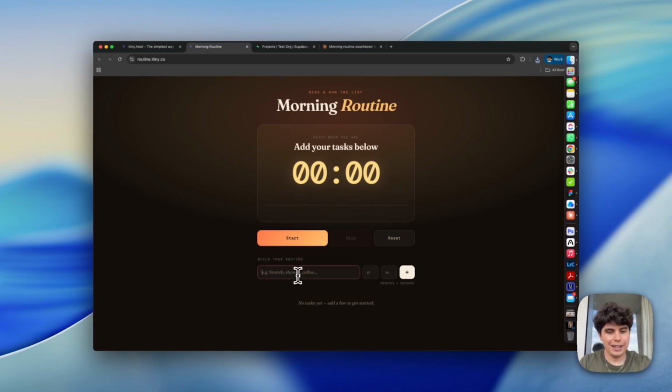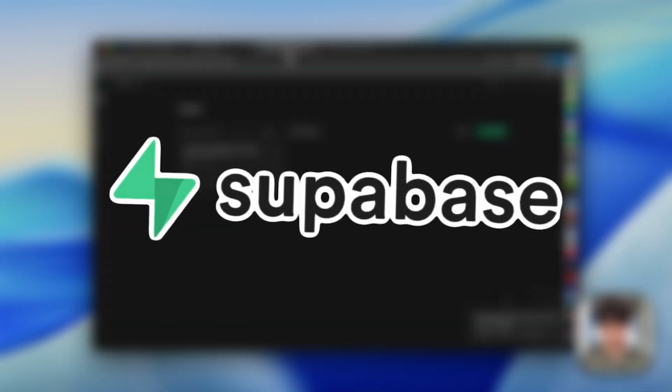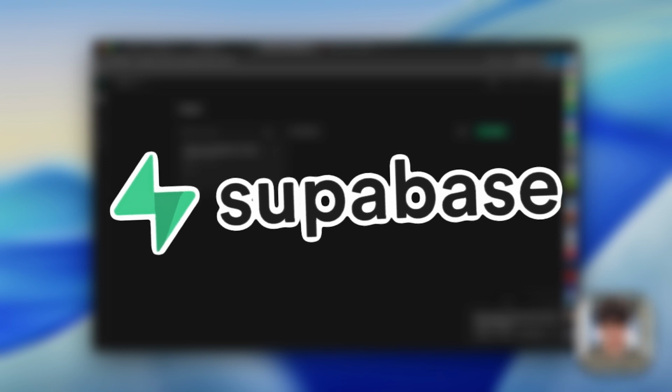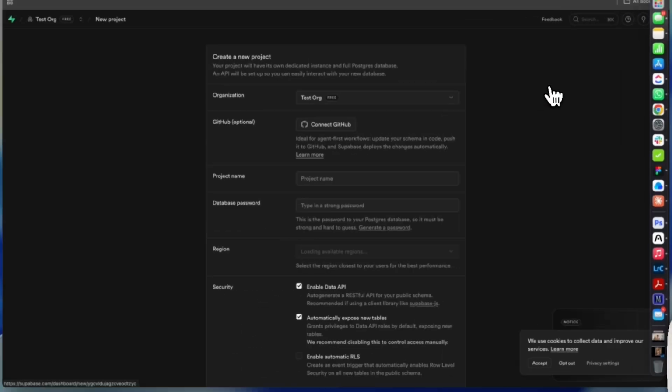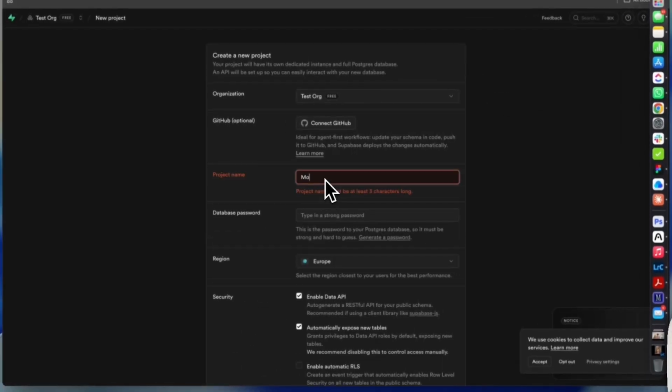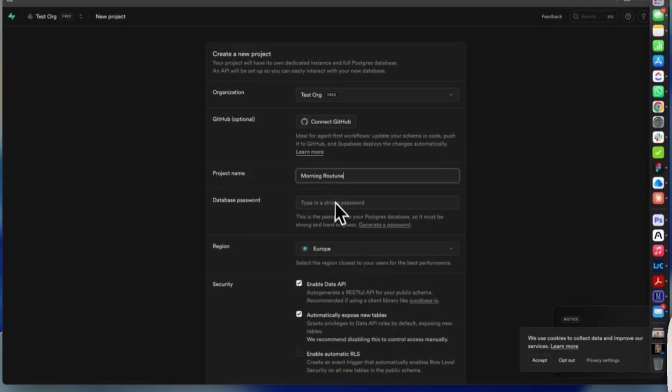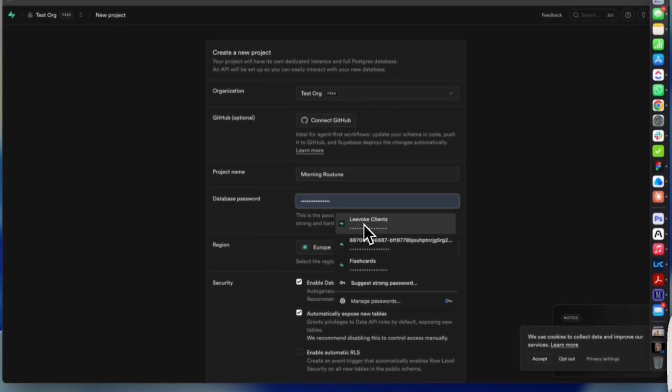Now, the one thing is every time we go on this app, it's never going to remember our morning routine. So the best thing to do is to use something called Supabase. Now, what Supabase will do is allow the app to remember your morning routine because it stores the data. So what we want to do is just go on Supabase, click new project. We're going to call this project morning routine, and we're just going to give it a password and press create